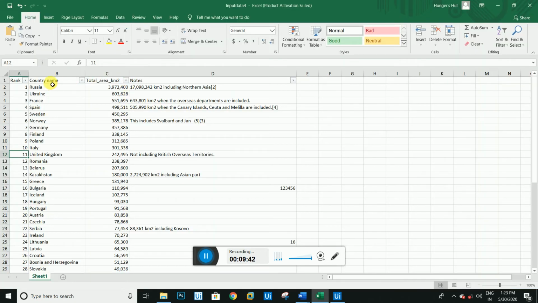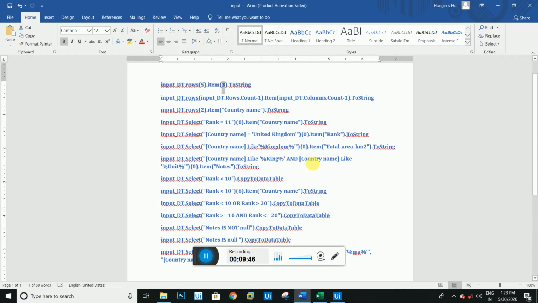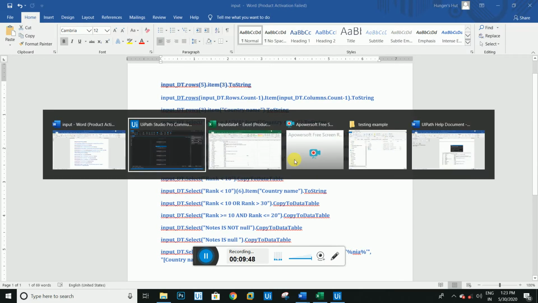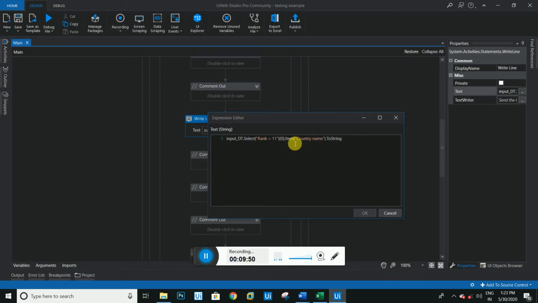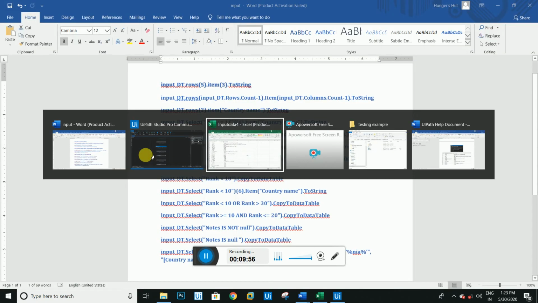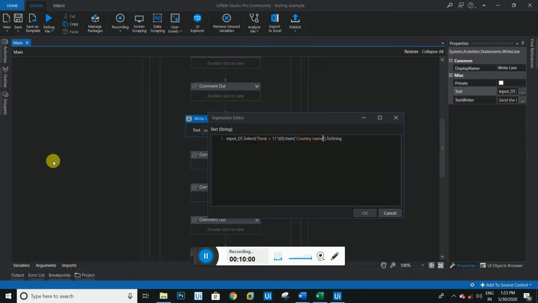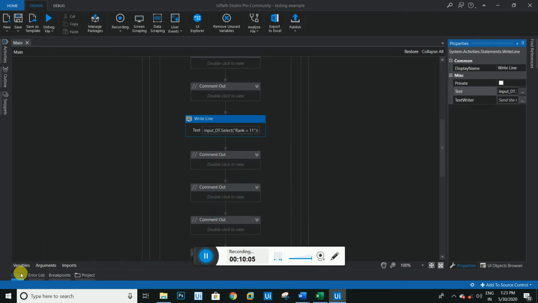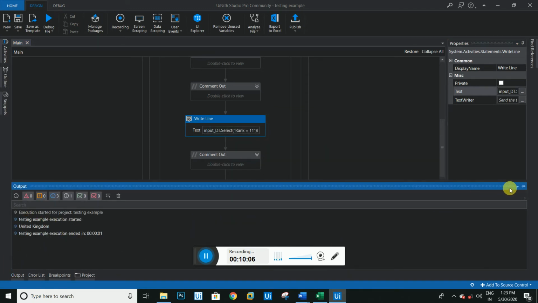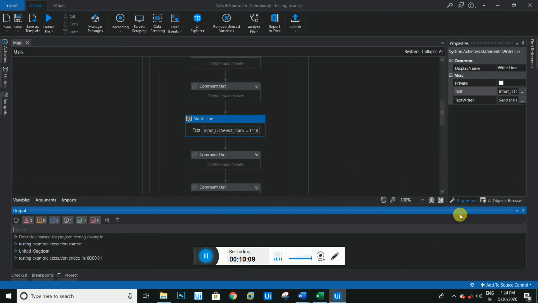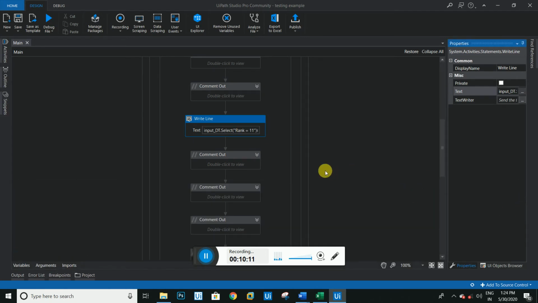Apart from that, you can also pass the index or something, then you will get the same result. Like we'll pass index 1, we will get the same result. But apart from that, I am passing the column name here. As you know, the expected result is this one, United Kingdom, which is showing here in the output, United Kingdom. So hope this is clear for you guys, and let me move to the other activity.